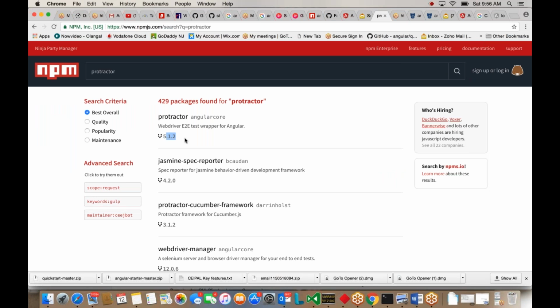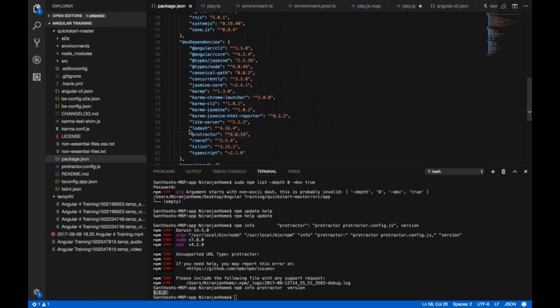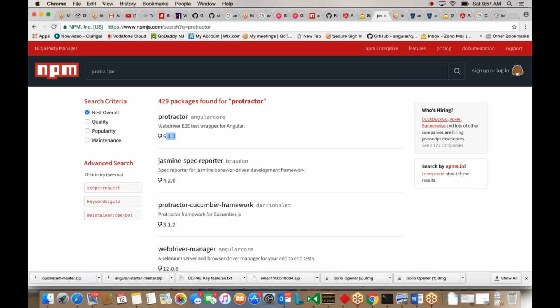You go to npmjs.com and put in protractor. Okay, makes sense? This is the way you make sure that you have the latest version of anything, for that matter. Karma, right? Let's see Karma. You go to Karma,